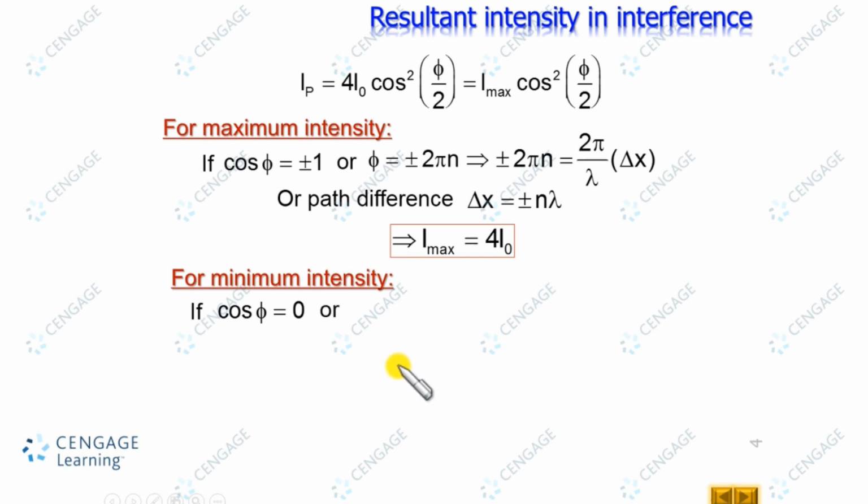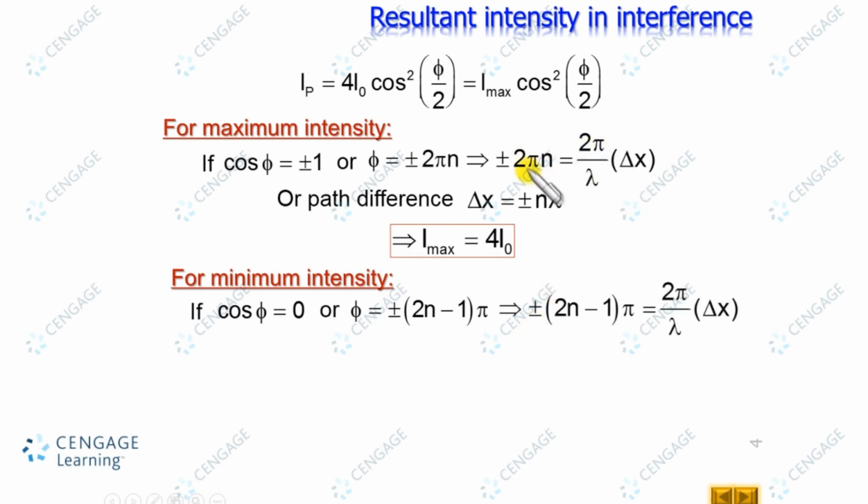Okay. So let us write this relation. Now this is the phase difference in case of the minimum intensity, and we know phase difference equals 2π by λ multiplied by Δx, the same relation which we used in the maximum intensity case, and here also π will get cancelled. So here in case of the minimum intensity, Δx should be equal to ±(2n−1) multiplied by λ by 2, right? And here we know this minimum intensity, here maximum intensity. So minimum intensity in this particular case equals 0.